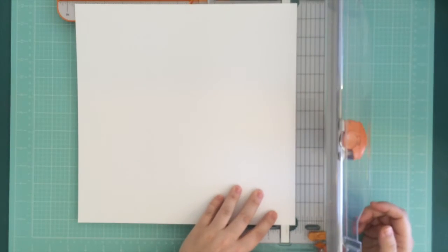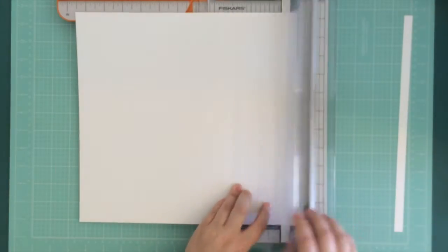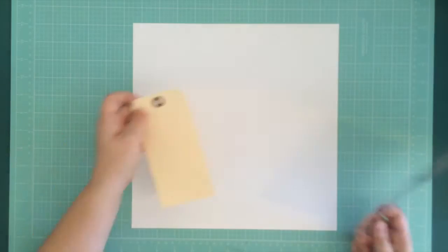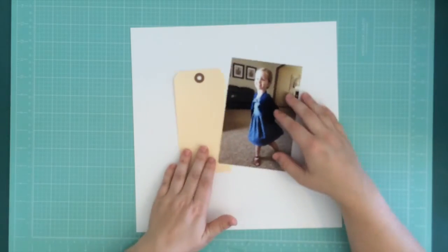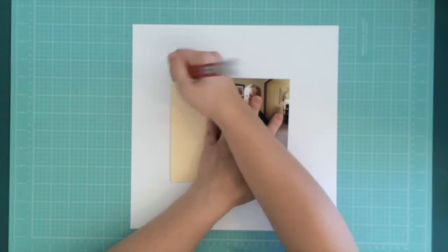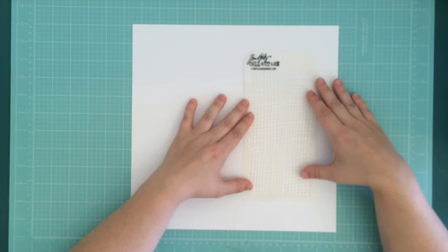Since there's going to be a border around my page, I'm just going to take my trimmer and trim about 1/4 of an inch or so off of two sides of my layout. And then I'm going to bring my picture back and also a large tag that I'm going to be journaling on. And I'm just going to get it positioned how I like or how I think it should be on my layout. And then I take this Tim Holtz little poker tool and I poke 4 holes just on the corners of my photo and my tag, just so that I know where they are,